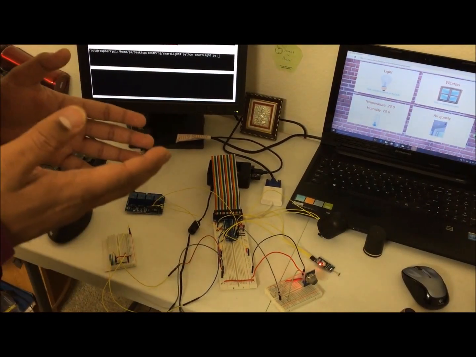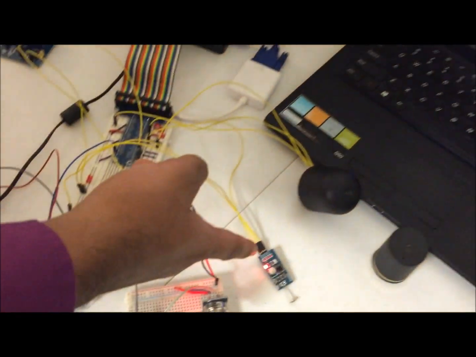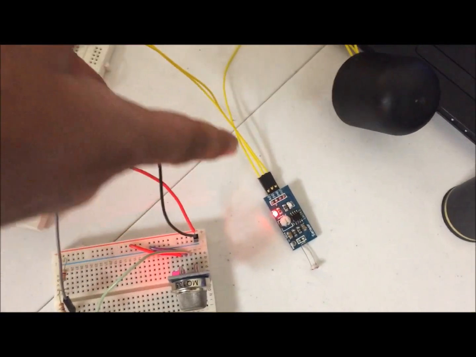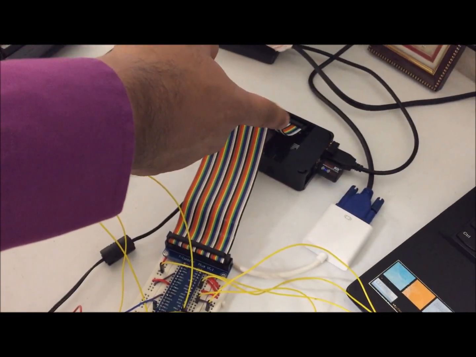Yeah, so let me show you an overview of our system, how the independent functionalities will work. Let me start by choosing the light detector. The light detector contains a light detection sensor, which is then controlled by a Raspberry Pi, which will be running as a server.